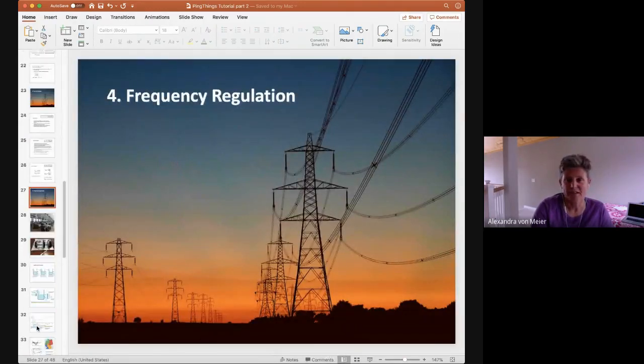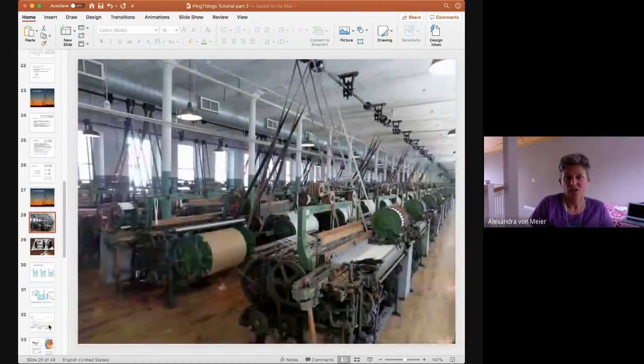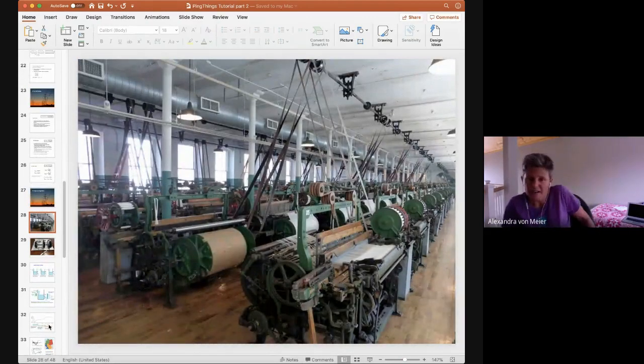Frequency regulation. So this is a picture that Alex McEachern shared. He uses this in a lecture about frequency regulation, and I love it. So I stole it. It is basically some old-fashioned factory thing. I don't know what they're making, but they have these machines there, and all of them are being rotated from the same shaft. So there's this shaft running along the ceiling that's spinning at some frequency,